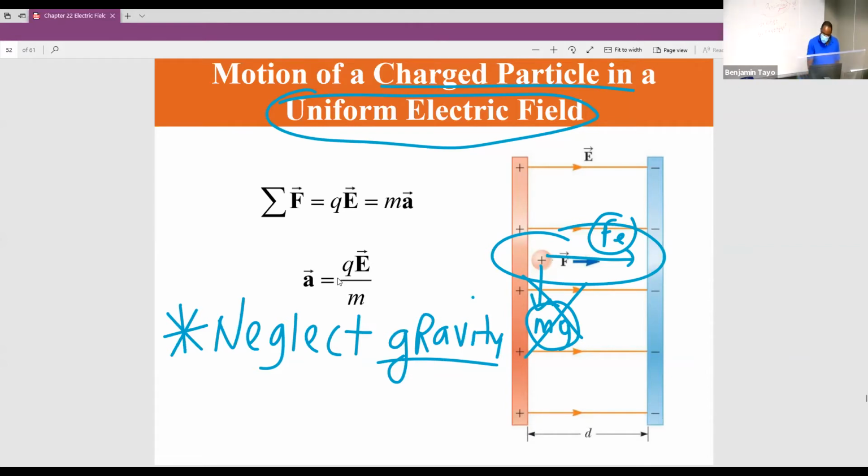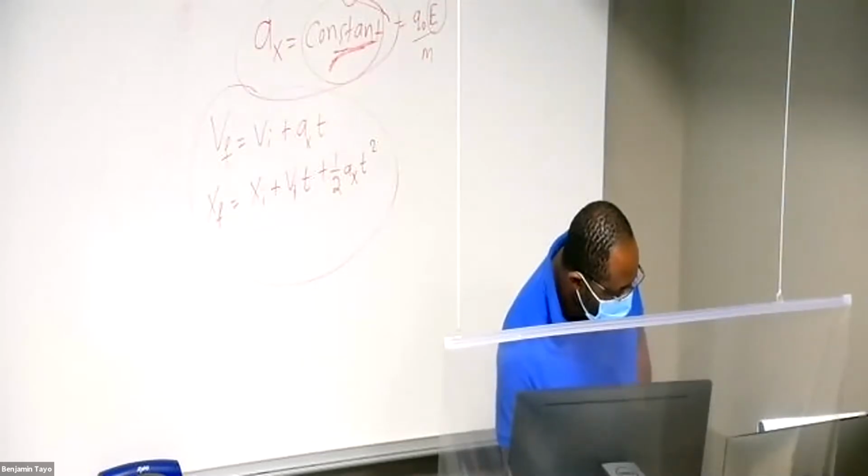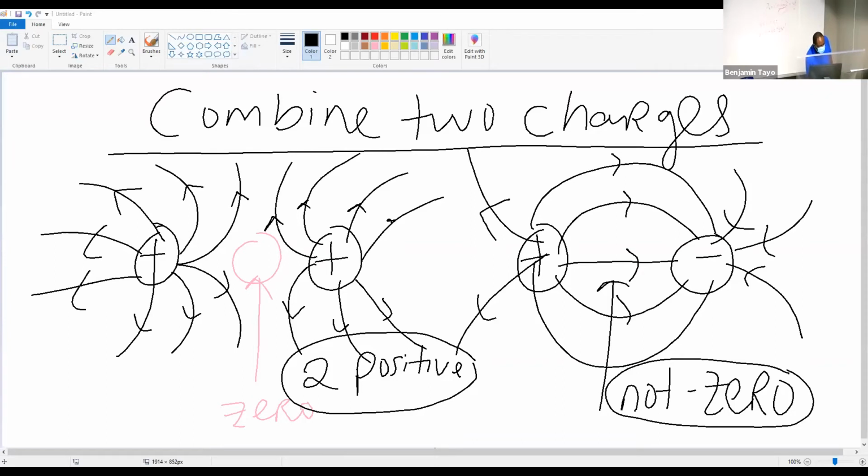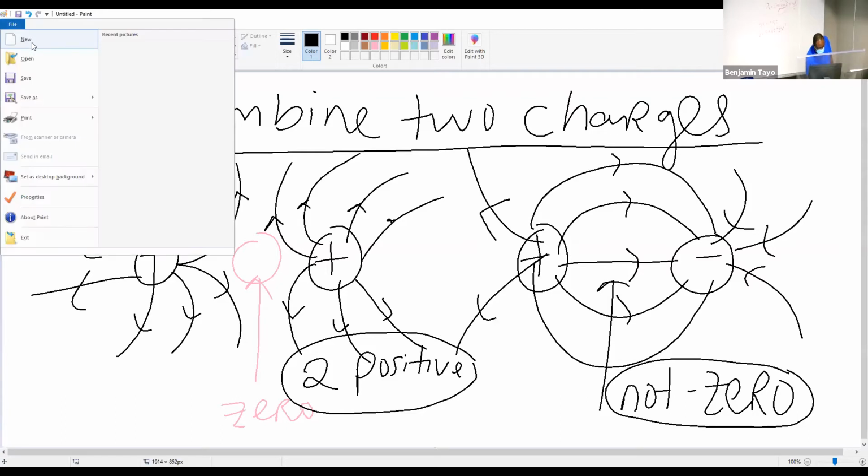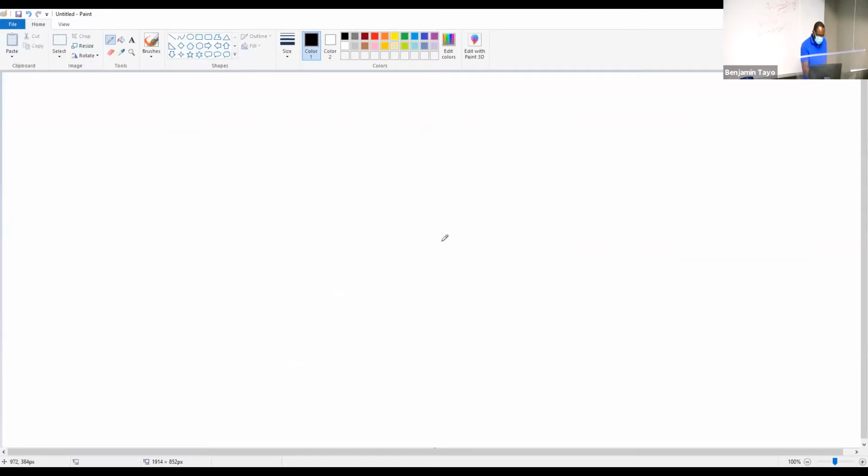All right. So now, this is the problem. The problem that we're trying to solve is this. Suppose that, now let me open a new page. So suppose that I have a